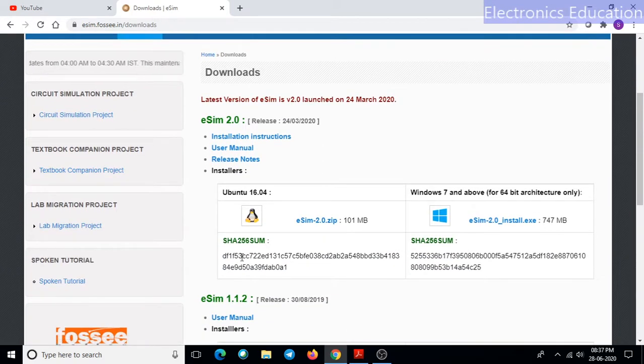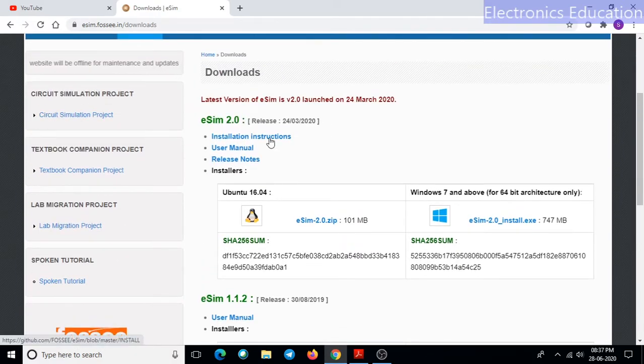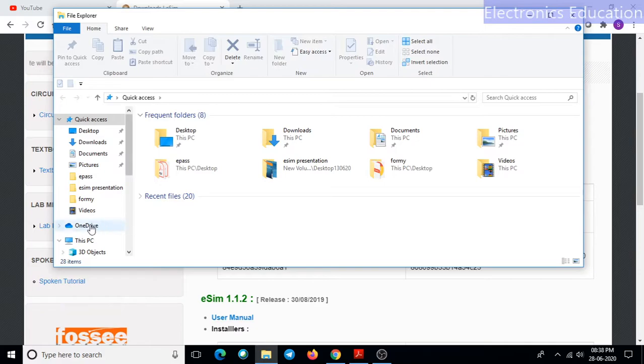Again, the software package is available for Linux as well as for Windows. So obviously we are going to download the package for Windows. Then on this particular website the eSIM manual is also available. I always recommend my students and my friends to download the manual and go through it, because the manual will always give you extra knowledge about the product that you are using. I have already downloaded this software, so I will just go through it.